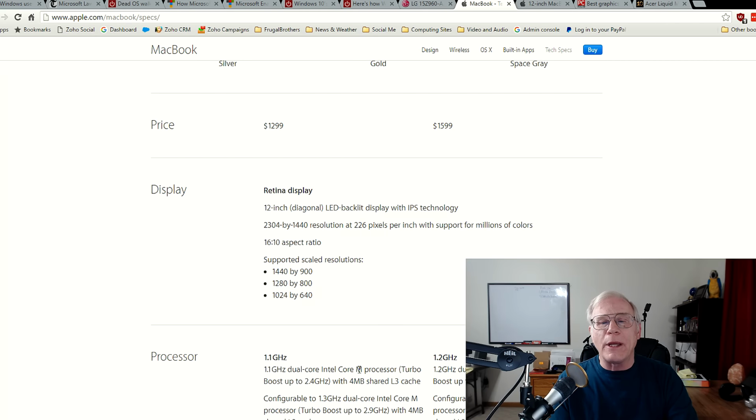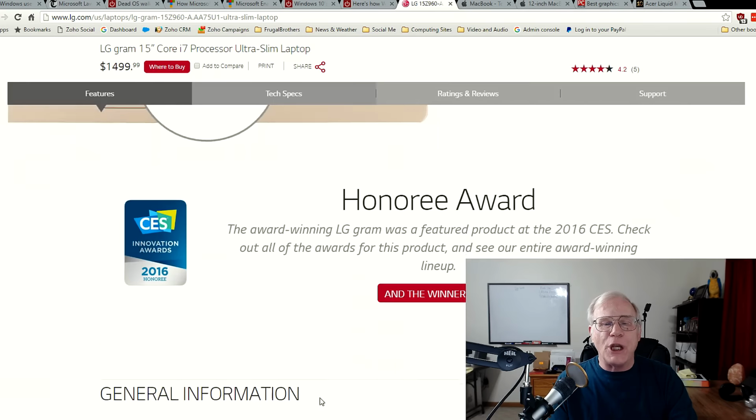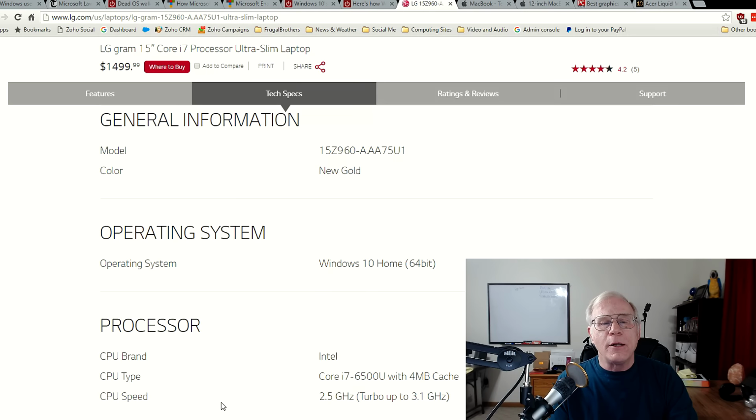Processors, 1.1 gigahertz, 1.2 gigahertz in their $15.99 machine. And this LG, let's get down here. Yes, Core i7 6500U. This is a $14.99 model. They actually got cheaper models of this. 2.5 gigahertz, turbos up to 3.1. Now, you probably will get a bit better battery life with the MacBook, but so what?